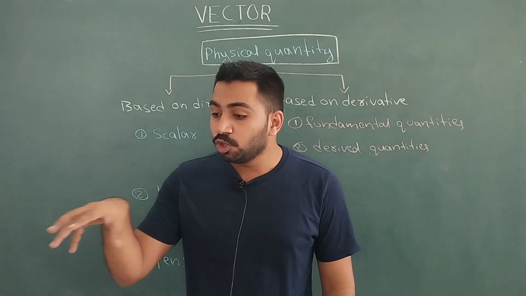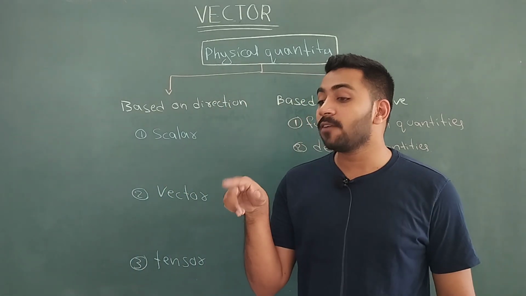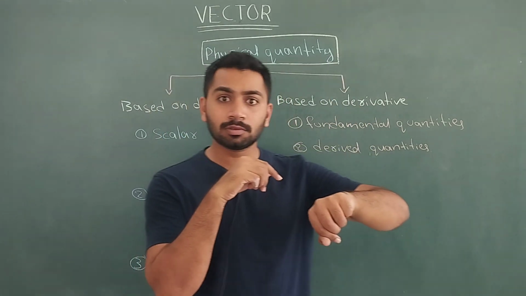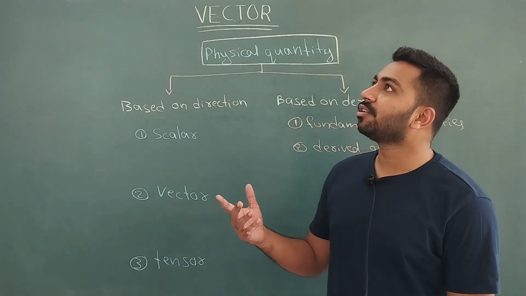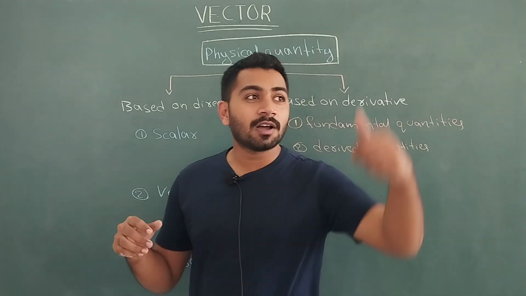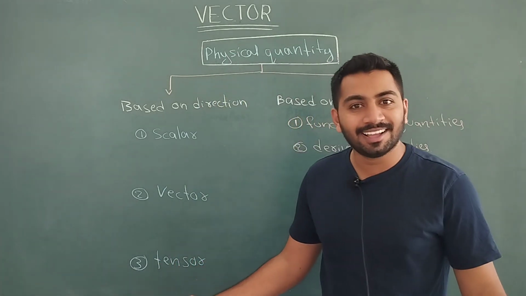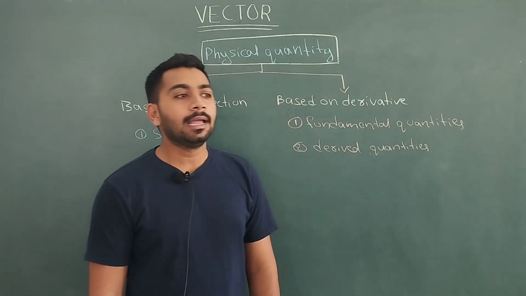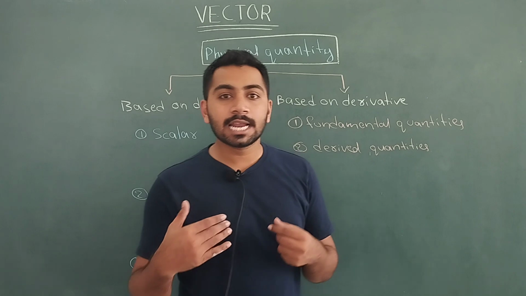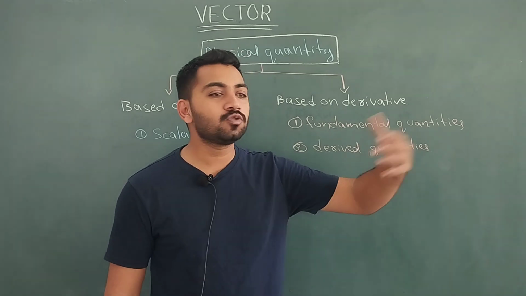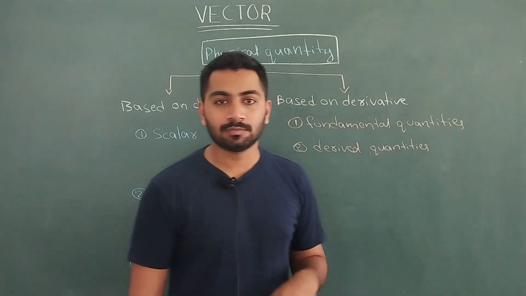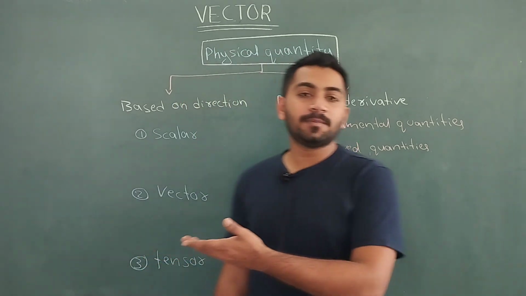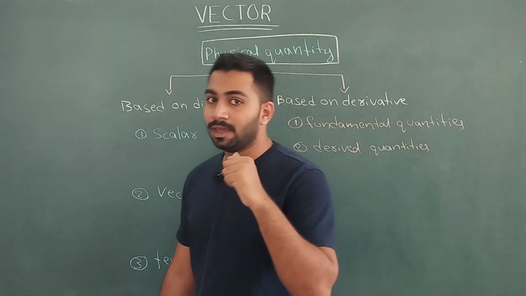Now you won't say, give me 5 kgs of tomatoes in the direction of north. No. Or it's 5 o'clock in the direction of south. Does anyone use that? No one. Temperature is 40 degrees in the direction of the desert area. No, no. But when you are saying velocity, suppose you are traveling from one point to another, you will say I traveled from my home to school at 5 kilometers per second, right? Why do you use that? What is the difference between this and this? That is what we are learning in this chapter.